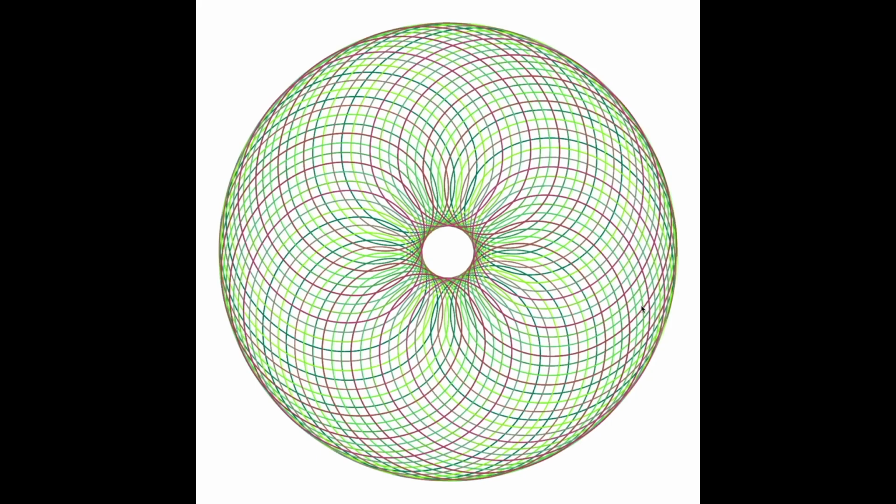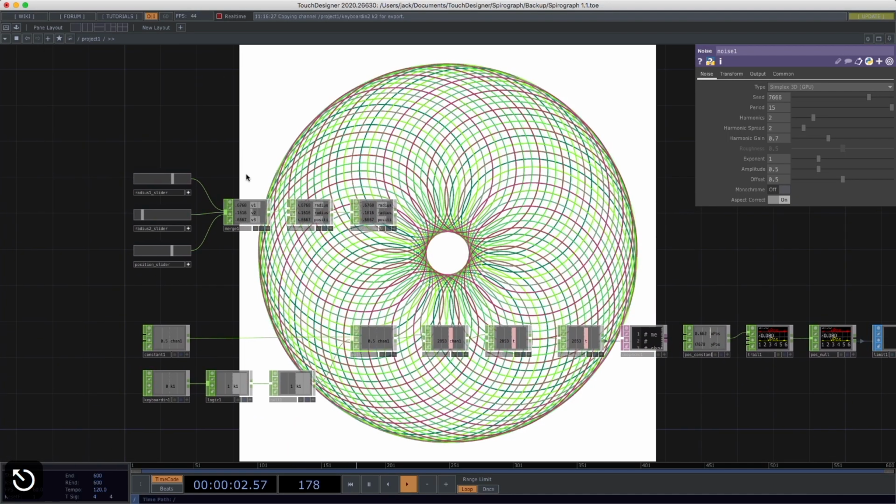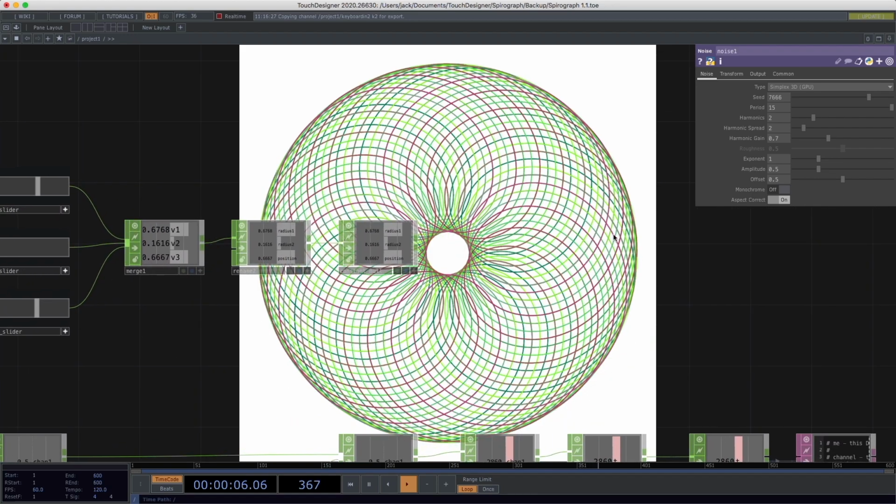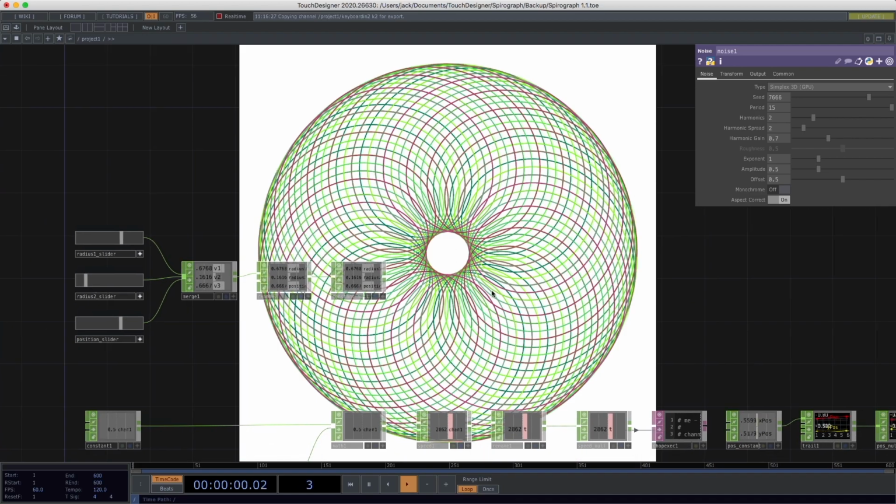So this is what we ended up with after 5 or so minutes of drawing. So again, just start playing around with those different parameters that we've set up with these constant values that come out of those sliders. The other thing that you can actually do is start using CHOPs like LFOs or something else to modulate these parameters instead of just having them set to constant values, and then you'll get a drawing that evolves basically over time or modulates between different settings,